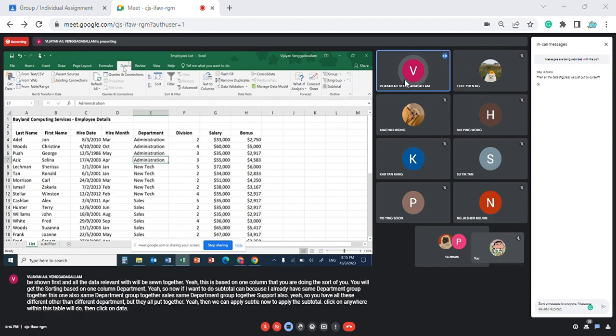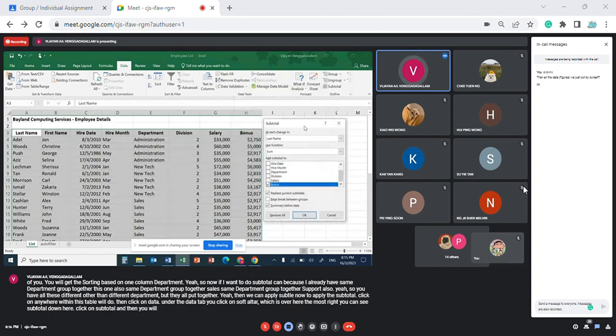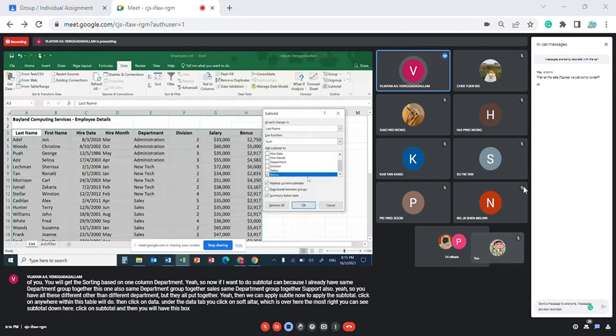Under the data tab, you click on subtotal, which is over here, the most right. You can see subtotal down here. Click on subtotal, and then you'll have this box. This box is to set all the properties for your subtotal calculation. The first part will be "at each change in", meaning